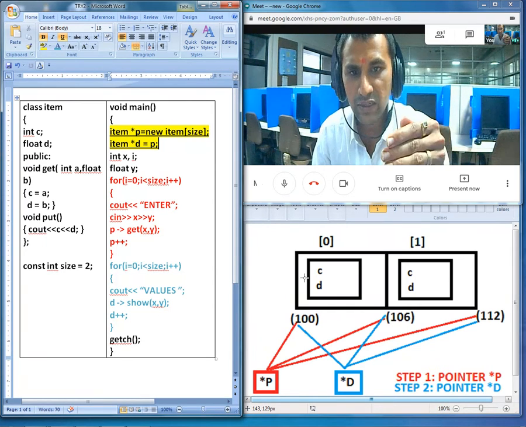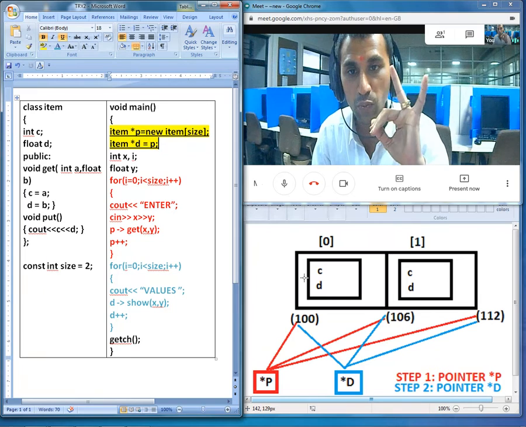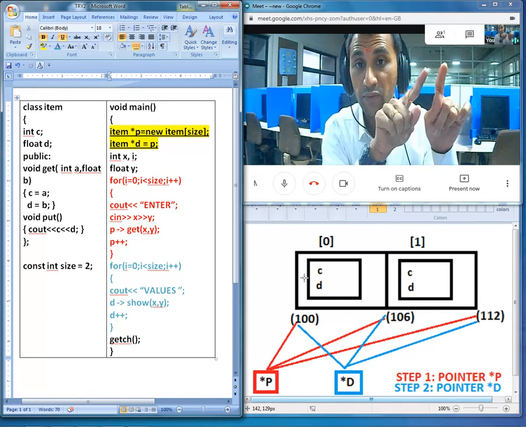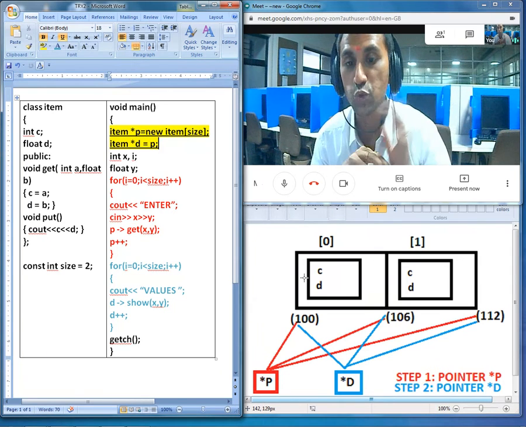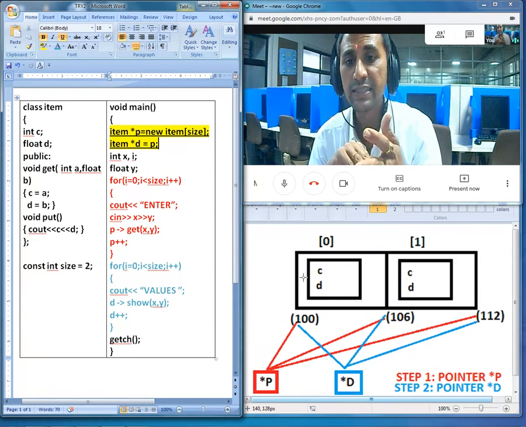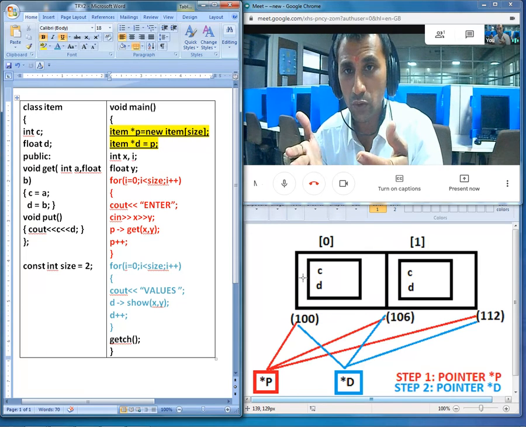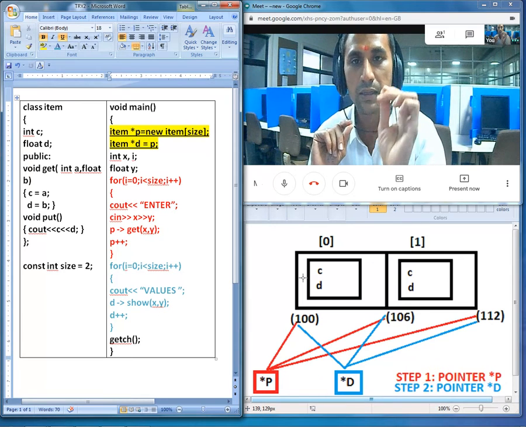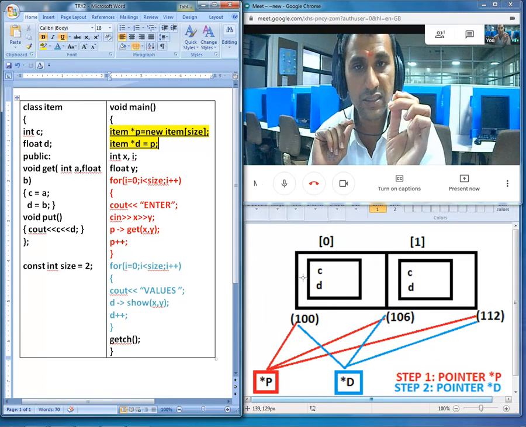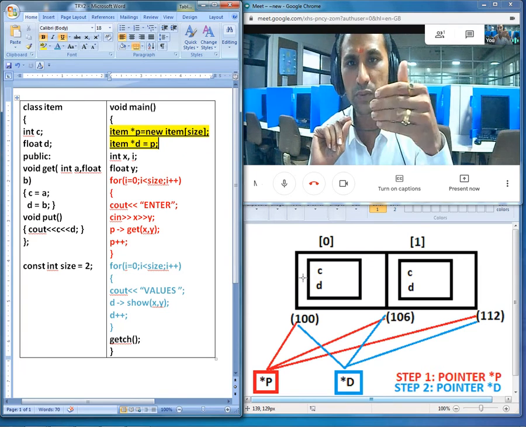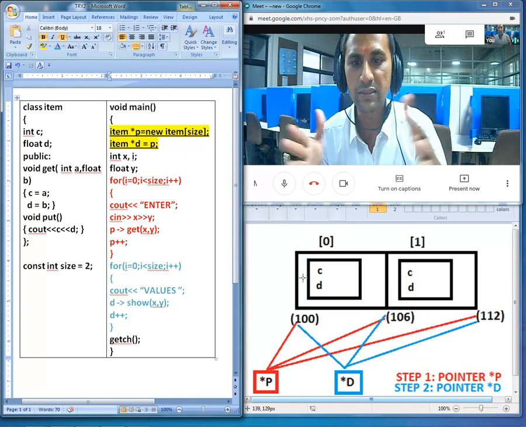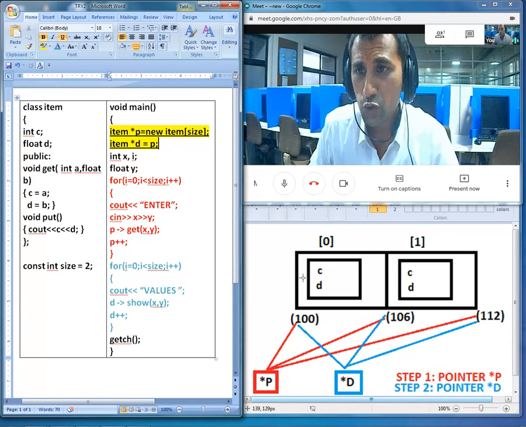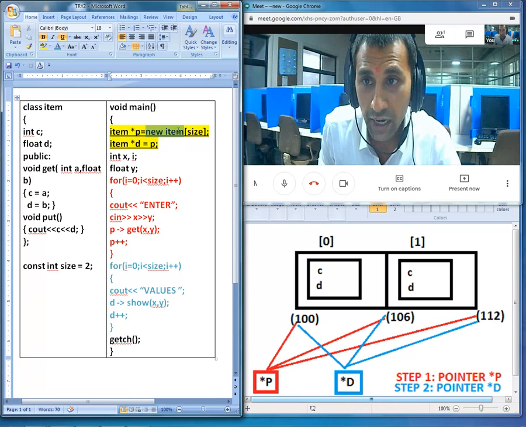In the diagram itself, once again you can see the initialization of two blocks. The first one is named 0, and the other one is named 2 in the same way. If we take a look at the addresses, the first address is given as 100. We are just assuming some decimal value. Let me pinpoint this detail: addresses will always be unsigned integer hexadecimal values, but for the sake of simplicity we are considering whole decimal numbers.